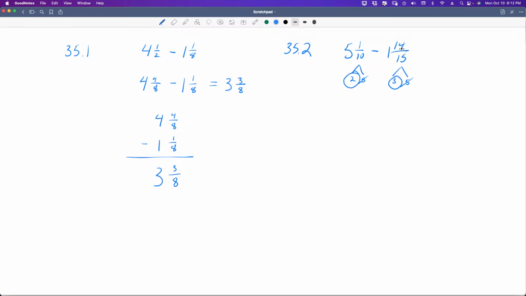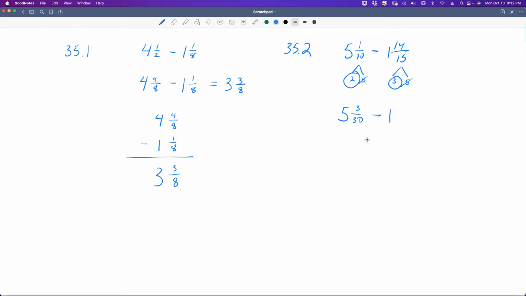So I'm going to multiply this fraction by 3 and this fraction by 2. Our common denominator is going to be 30. So you do not multiply the whole number. You leave the whole number alone. We're not worried about it. Instead, we say 3 times 1 is 3. 3 times 10 is 30. Minus, that stays the same. And now I'm going to take this factor here,